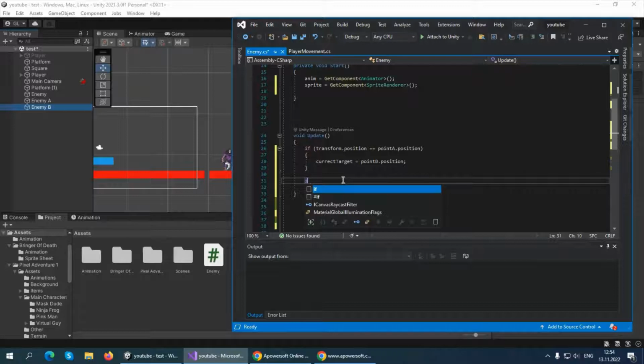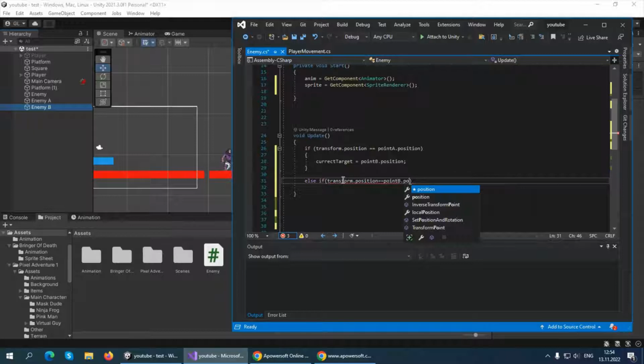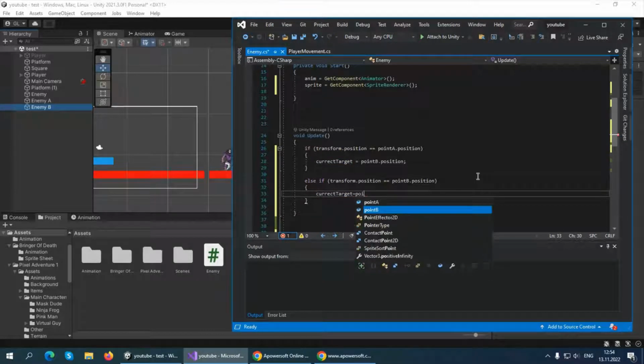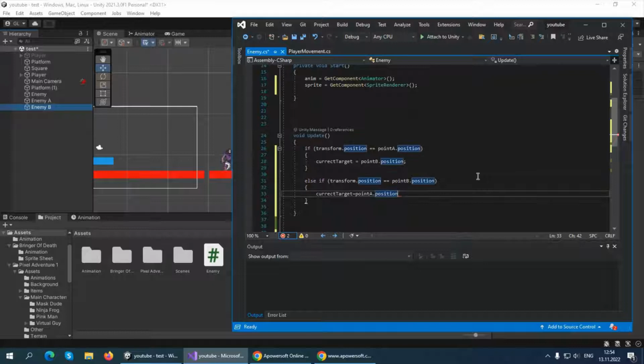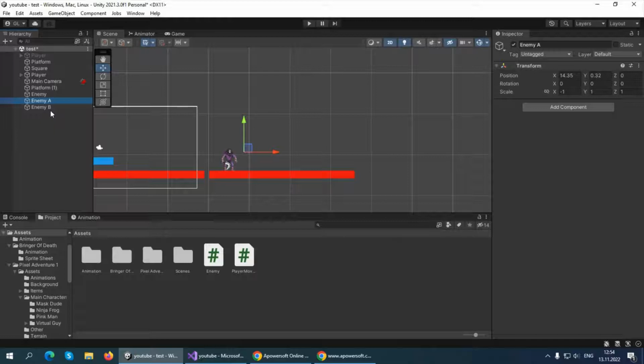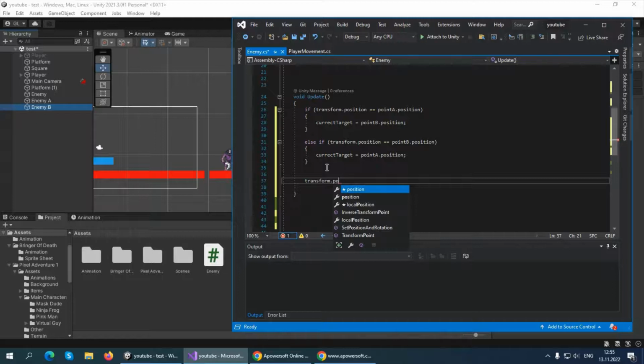And we need also else if our position, transform.position, is equal to pointB.position. So if we are on the point B position, we want our current target to become point A. This way our enemy will move back and forth between those enemy A and enemy B positions. It's very simple. And now let's go ahead and move our enemy with transform.position